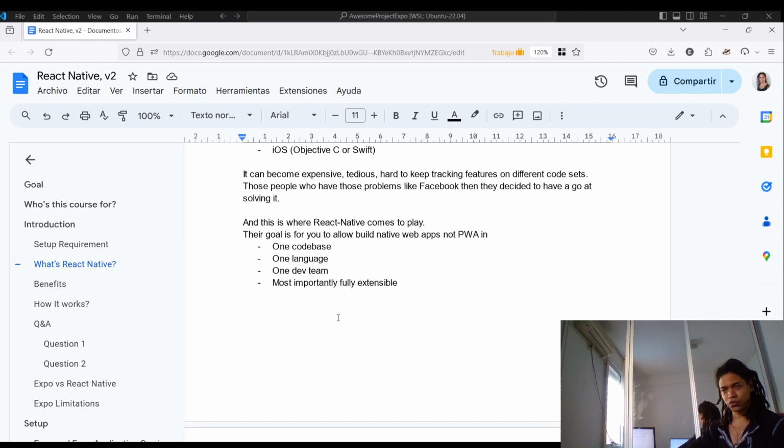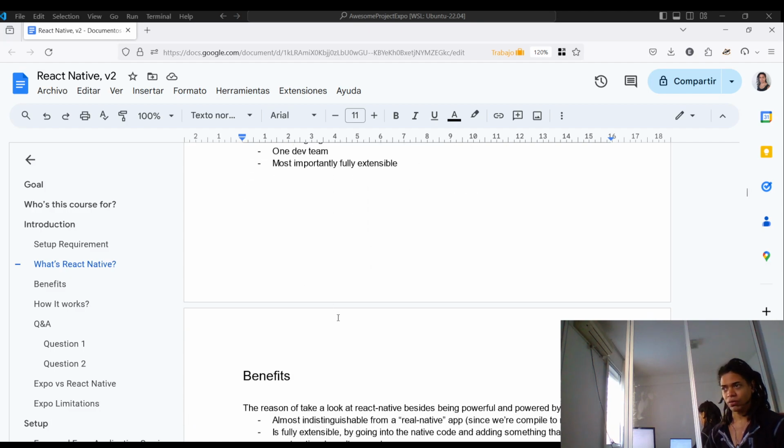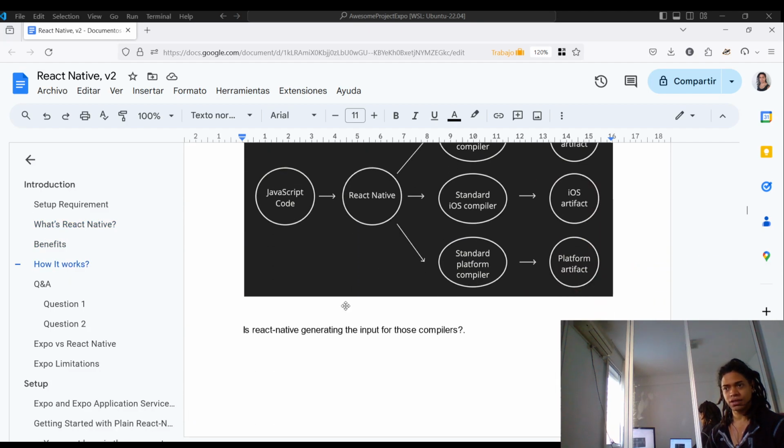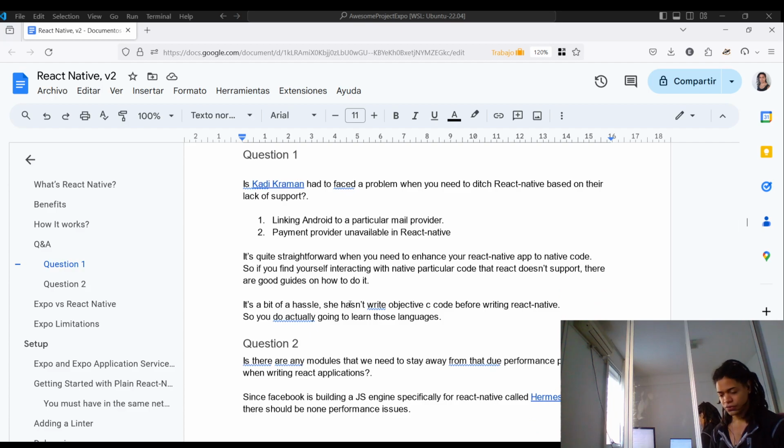So they're not going to reinvent the wheel. So with that, we now look at the trade-offs of using React Native. Okay, and the first is a couple of questions. First is